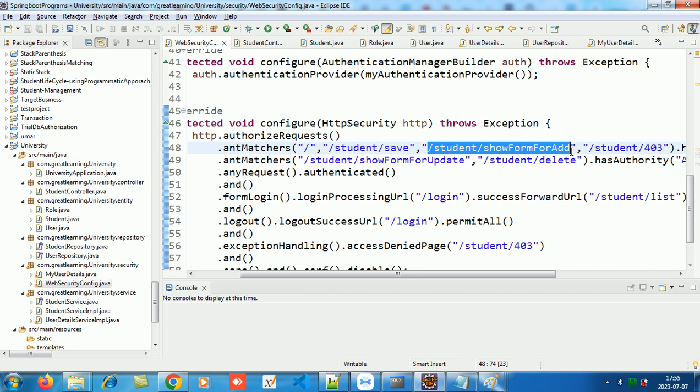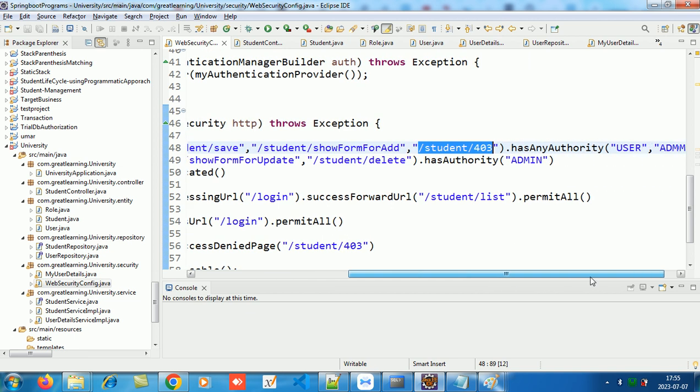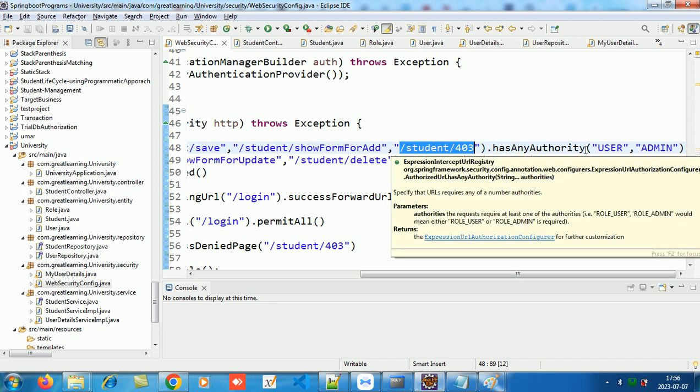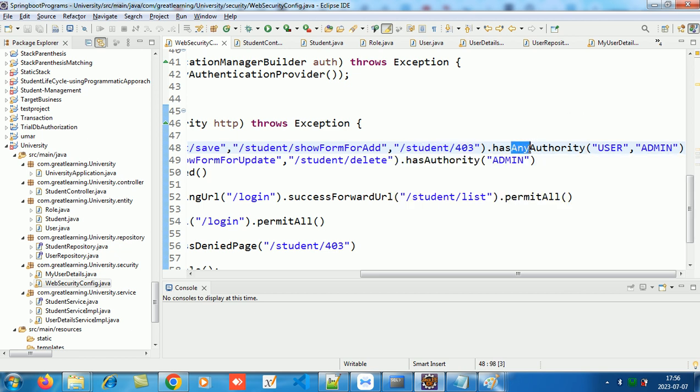सिलेक्ट ऑल है, तो सेव करने के लिए एक ब्लैंक फॉर्म खुलेगा ना। जब मैंने सेव पे क्लिक किया तो एक ब्लैंक फॉर्म खुलता है, तो मैं ये फॉर्म एक्सेप्ट करता हूँ। और फॉरबिडन पेज, अगर कुछ एक्सेस नहीं हो रहा है तो फॉरबिडन लिखा था, वो पेज सबको दिखाओ। हैज एनी अथॉरिटी यूजर, तो जब आप मल्टीपल रोल्स को एंडपॉइंट एक्सेस देना चाहते हैं, तब फंक्शन है हैज एनी अथॉरिटी, कॉमा देके करते जाओ। और अगर सिंगल रोल को देना है, तो हैज अथॉरिटी।